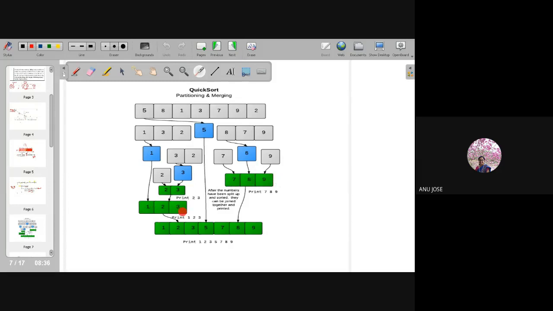Now with respect to this problem, the left hand side is the sorted array I found for this subarray, and the solution for the other subarray is this value. Now I can combine the solutions. So 1, 2, 3, whatever I got as the solution for this problem, then this 5, because left to right the values are arranged in sorted order, and then 7, 8, 9 will follow. So the final value will be 1, 2, 3, 5, 7, 8, 9. We'll do one or two more examples.